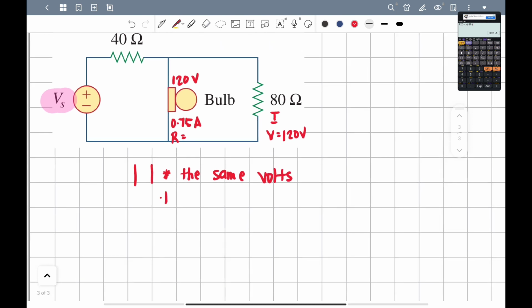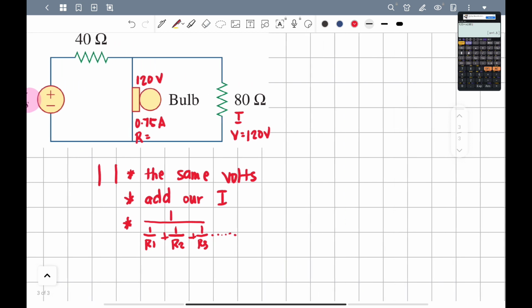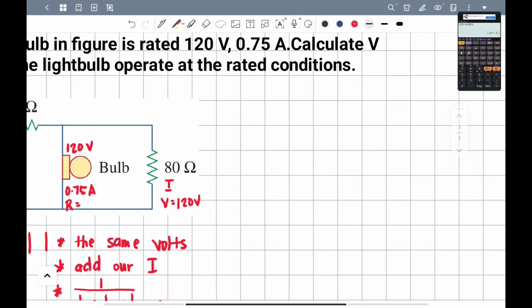Okay, and also in parallel conditions we are just to add our currents, and in adding our resistance, this is our formula: 1 over resistance 1 plus 1 over resistance 2 plus 1 over resistance 3, and so on and so on. Okay, so first we must focus on this loop. Solving for the current in 80 ohms, we have